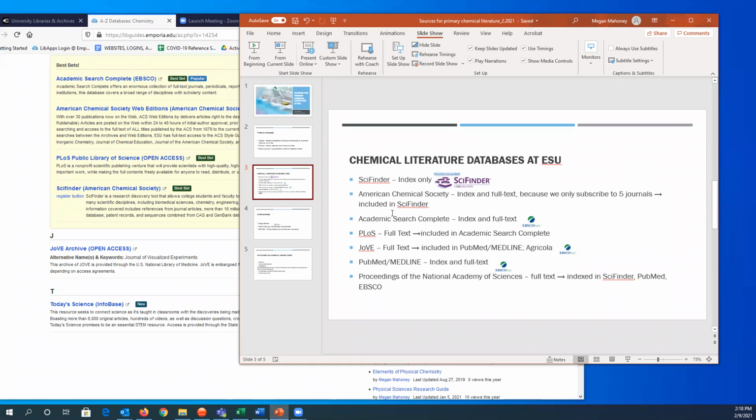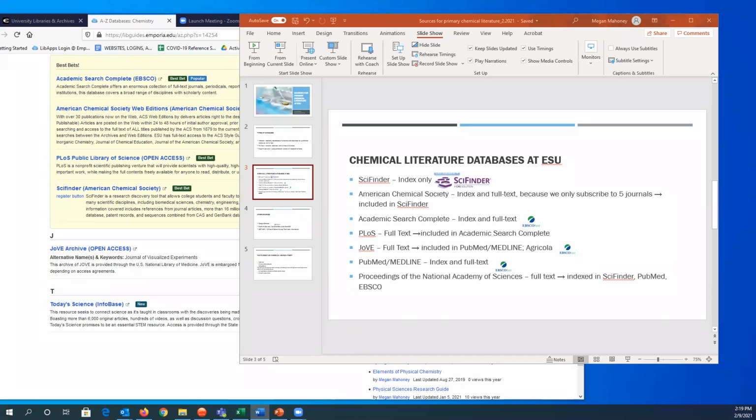The American Chemical Society search interface is a little bit simpler than SciFinder, which I think is a bit unwieldy. So that is a reason that some people may choose to go directly into ACS and search there rather than in SciFinder. But know that if you're searching SciFinder, you are also including that content.